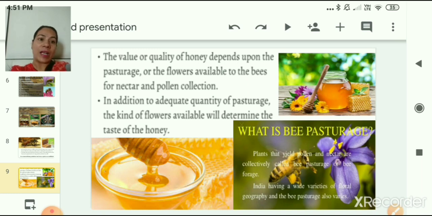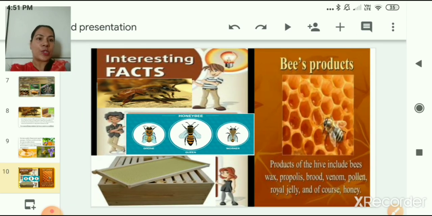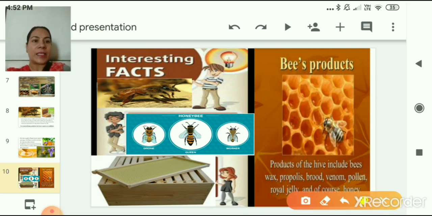India has a wide variety of floral geography, and the bee pasturage also varies. So children, now there are some interesting facts about apiculture. The first very common fact is that in apiculture, or specifically in a beehive, there are different sizes of bees. Here in this slide you can see that